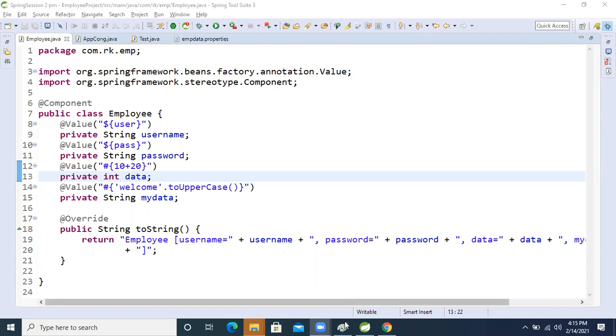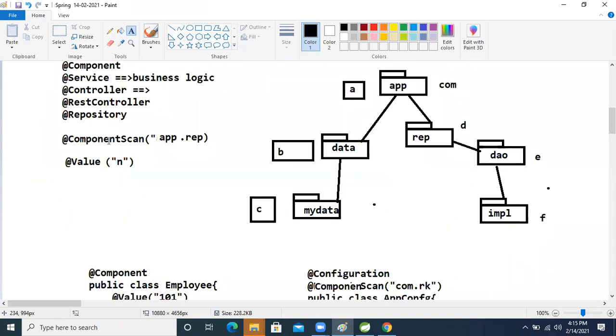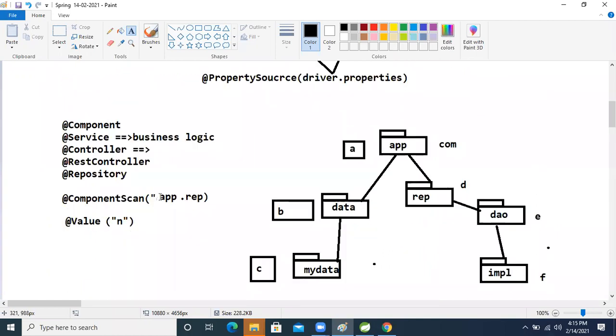After that, don't worry about the service class annotation, also service, controller, rest controller, and repository. Next Saturday I will start Spring JDBC, and I will use these annotations there. These annotations are frequently useful in all the modules you will develop in Spring, like component scan and component configuration.